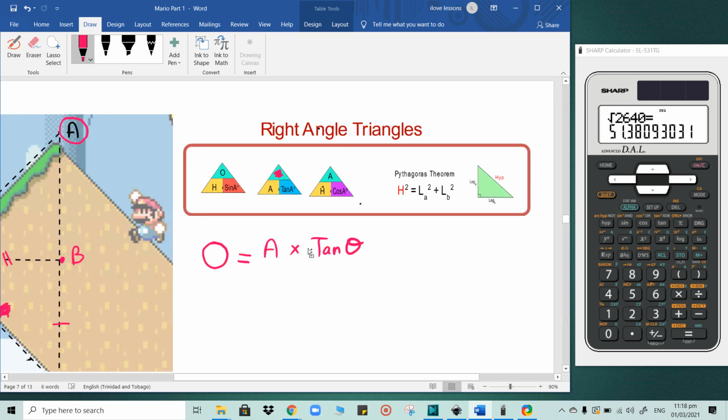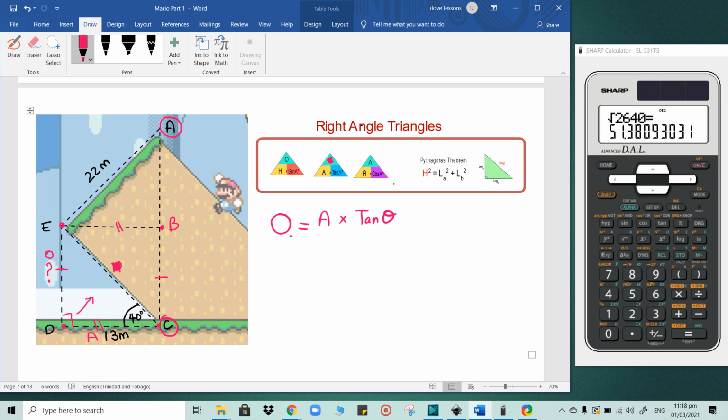So let's zoom out and see what values we have here again. We want to find the opposite side. The adjacent is 13, if I'm not mistaken. Theta, I'm accustomed to saying theta. It's just I could not find the theta button when I was writing up the formulas. Theta is actually the angle, just like how A stands for the angle here. The angle we are standing up in is 40 degrees. So all we need to do is type this in our calculator. Notice it is normal tan, not tan inverse. So let's type this in here: 13 multiplied by tan 40. And that will give me, if I round it off properly,